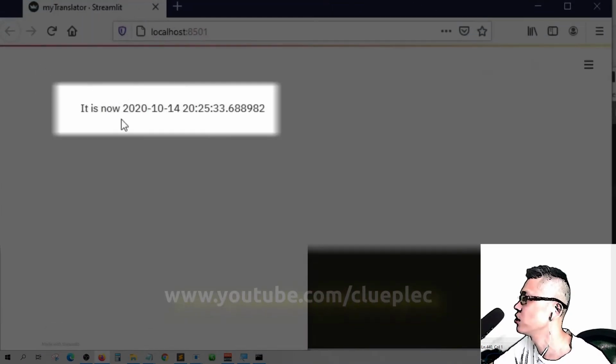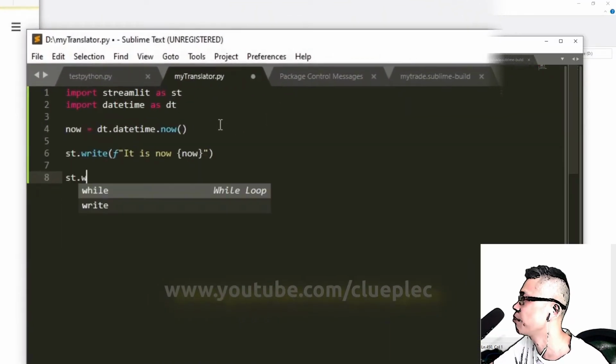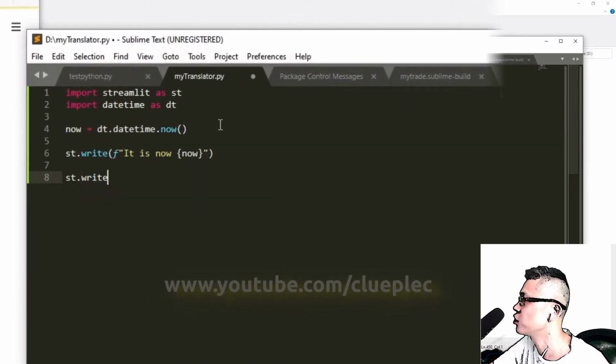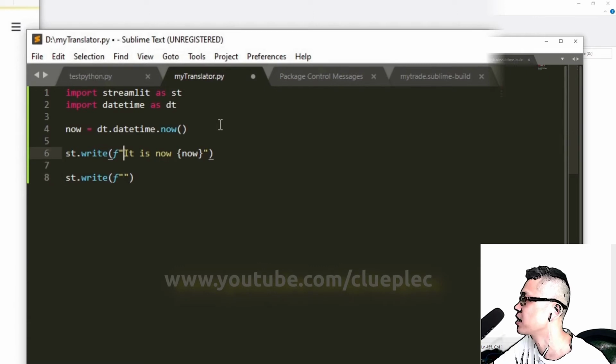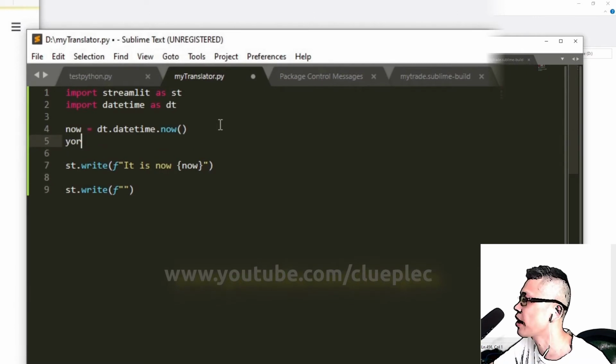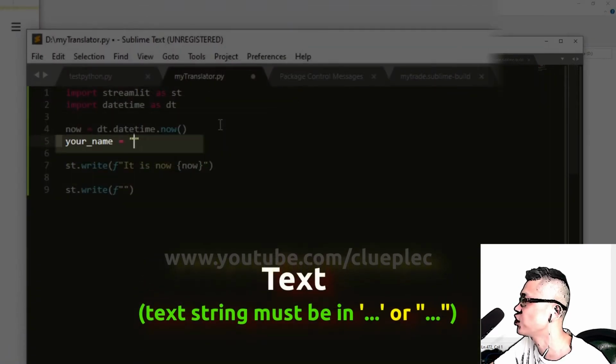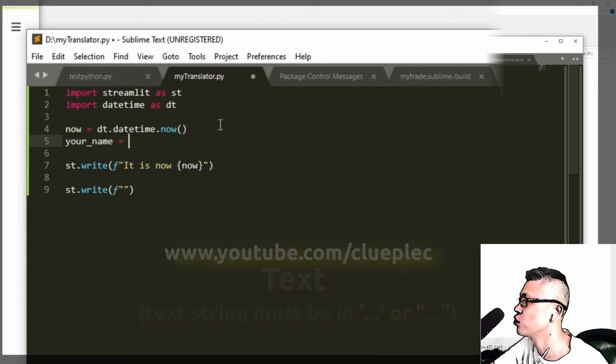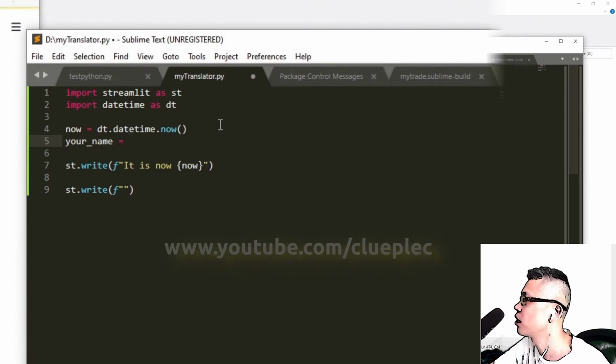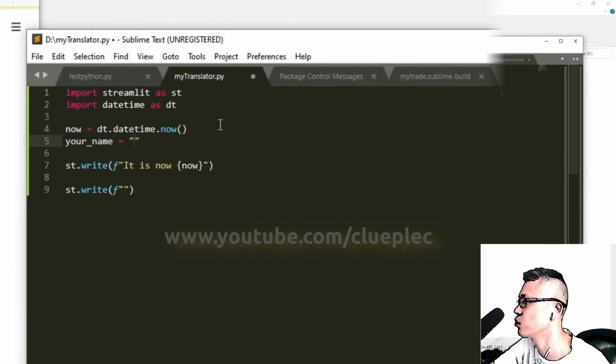Then you see this. Let's say st.write and call it your name. Remember, it's a string, so you have to use double quotes, press shift and then quote to do double quote, or simply hit single quote. Both single and double quotes work.